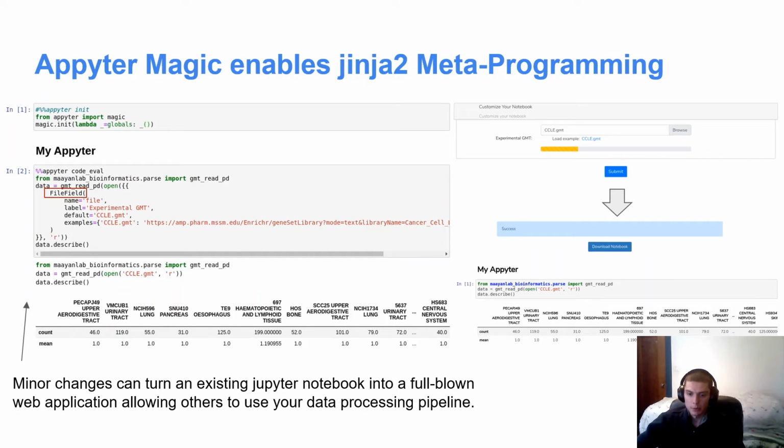Appyter provides a number of prepackaged fields, which are extracted automatically from your notebook. They are used to construct the form and substitute the user-provided input when it becomes available. Defaults are substituted automatically during development for quick testing, much like a standard Jupyter Notebook. The resulting app is fully functional, allowing tweaking of the parameters before rendering and executing the notebook on the fly